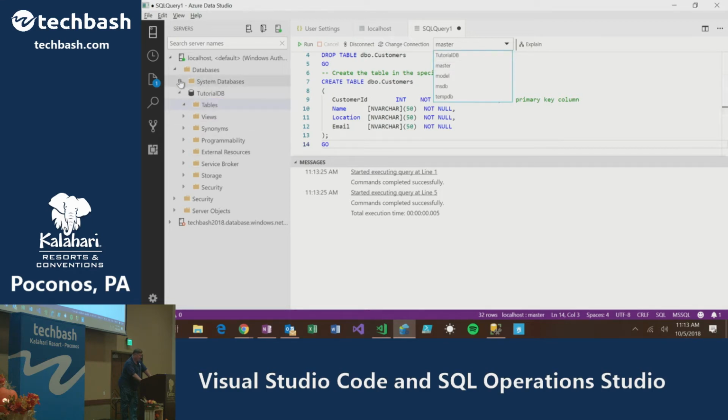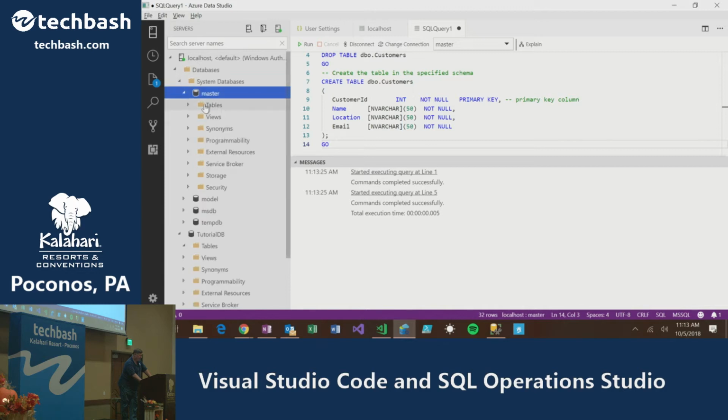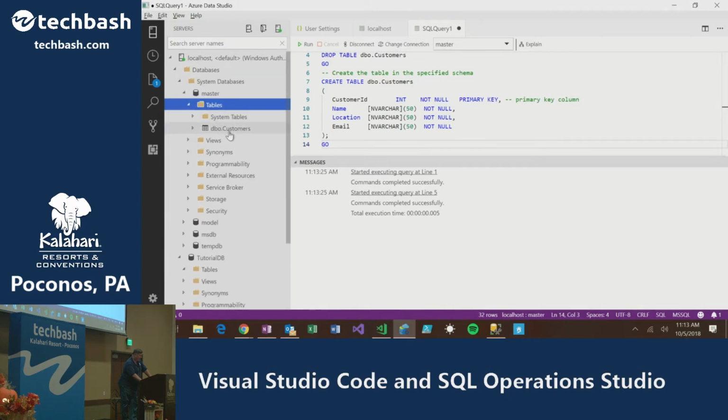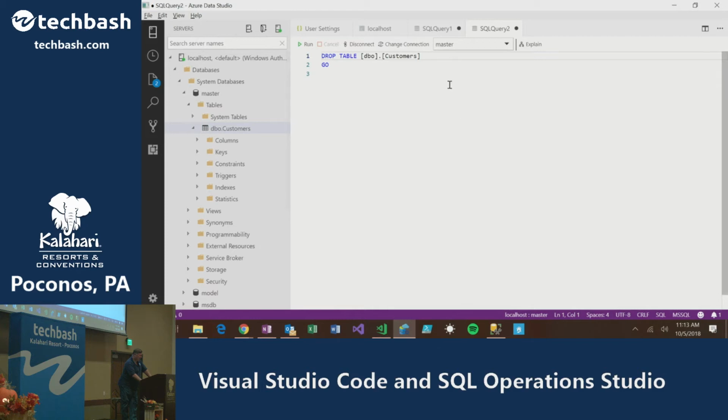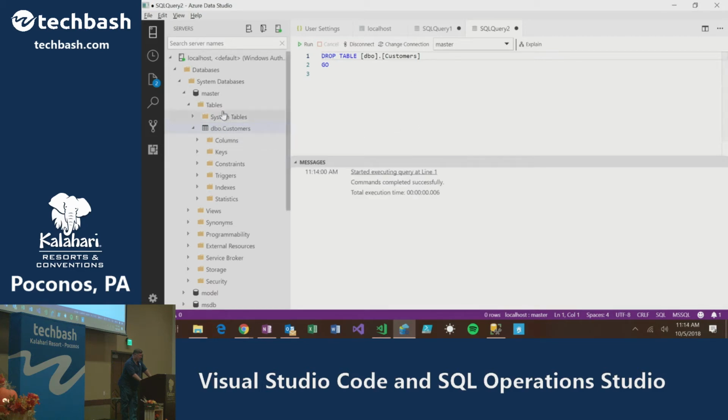So what I should do, if I want to really clean things up, is go to tables here, and I see I have customers. I should delete that. Notice there is no delete here. You script it as a drop, and then you run the script. And then if I refresh my tables, you'll see that that table went away.